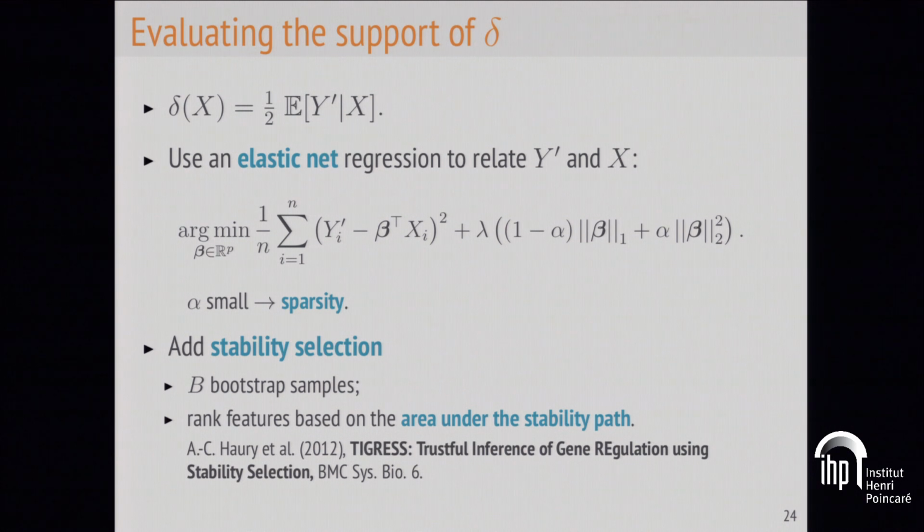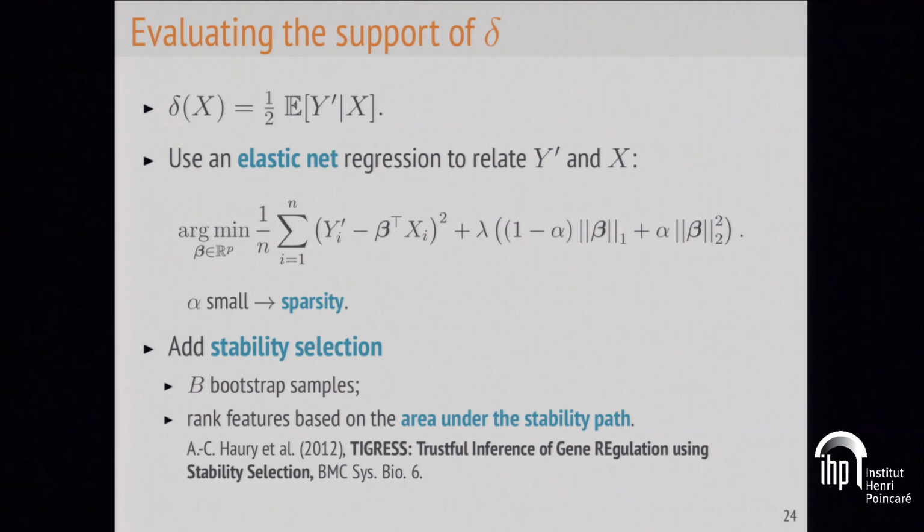The idea of stability selection is that you do bootstrap samples, and then you rank the features according to how often they've been selected in those bootstrap samples. We've been using a slightly different version of the number of occurrences, which was proposed by Meinshausen and Bühlmann in 2010.